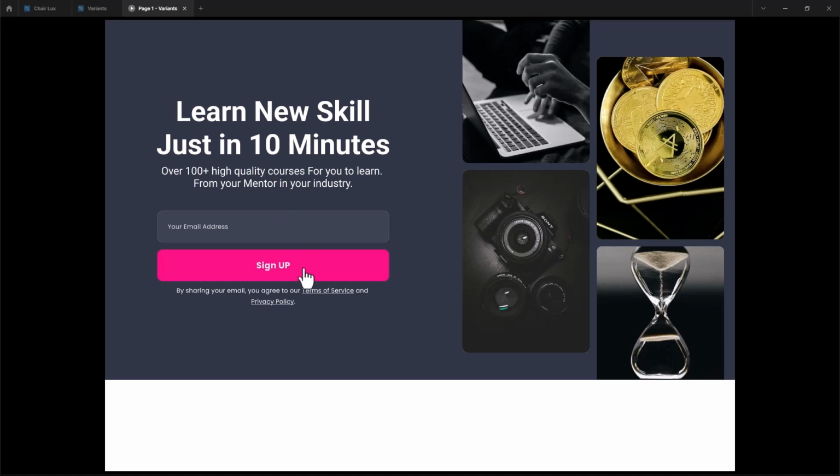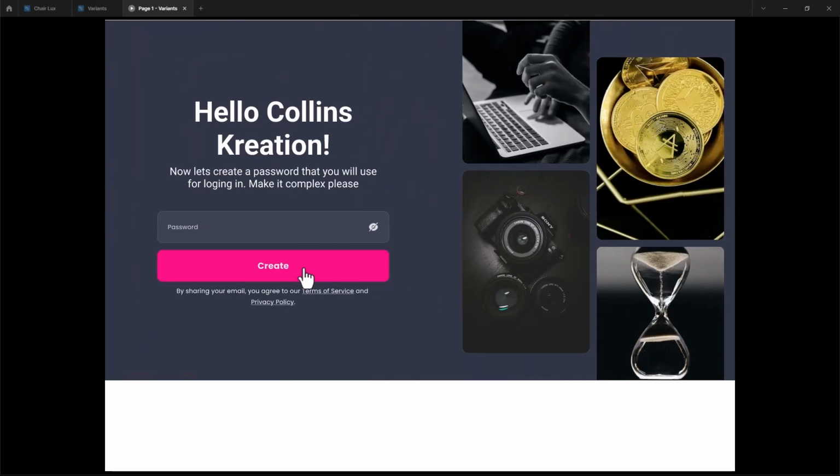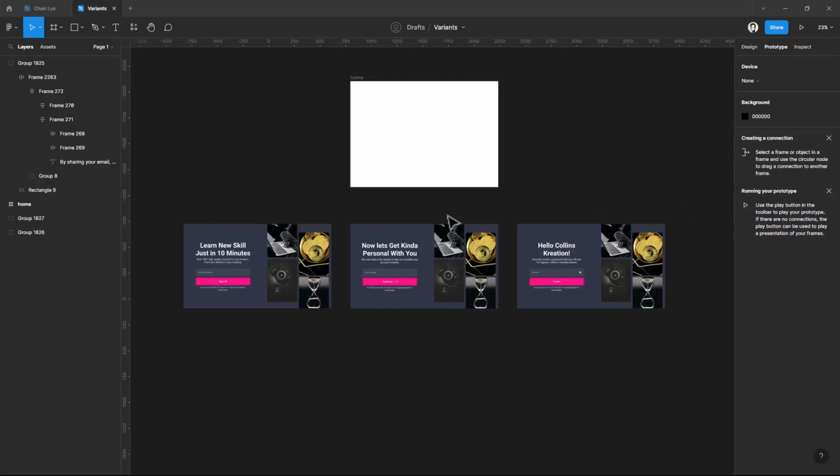In this video, I'm going to show you how to use variants in Figma and create this beautiful slider. I have already created these 3 slides, so what we should do next is